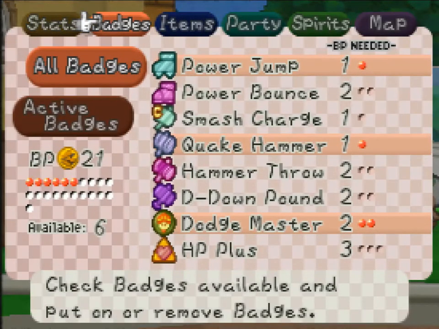Okay, but BP have increased to 21. Wait, I was at 15 before, so I got 6? Oh. Yeah, I mean, in that case, I didn't technically lose anything. I lost 1 level each of HP and FP, but I gained 2 levels worth of BP, so...